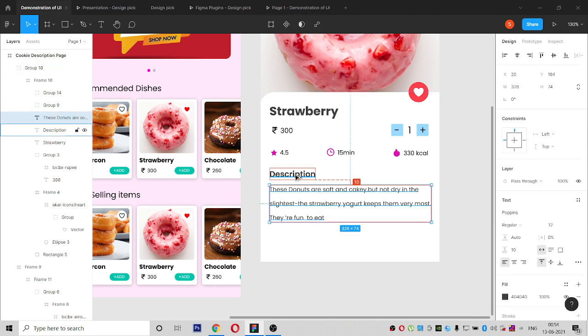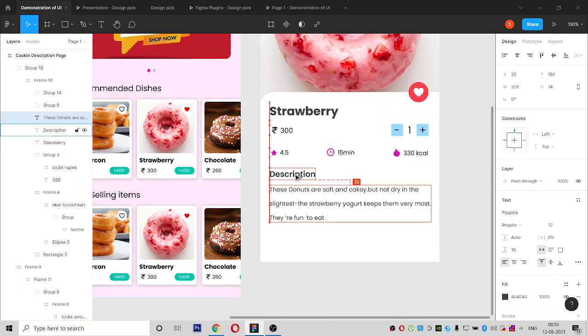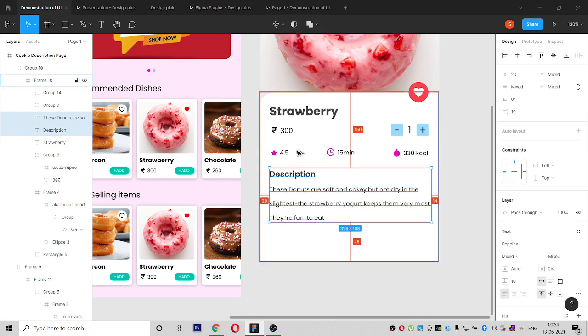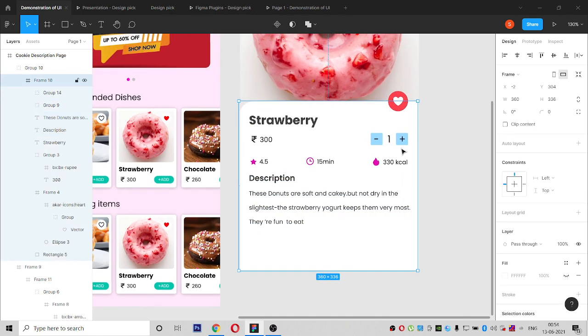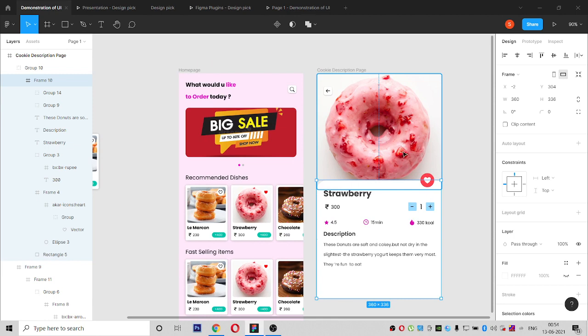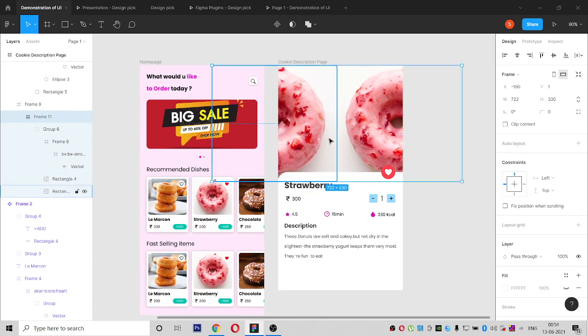So some random description. Sometimes this content creation is something only designers have to do. It should look attractive compared to the products we are giving.